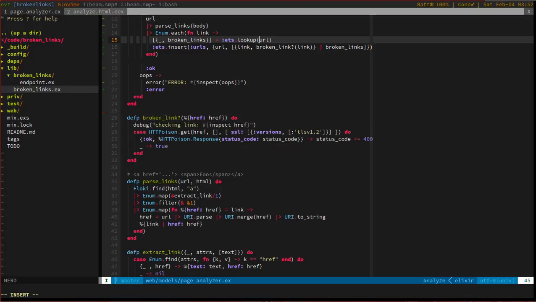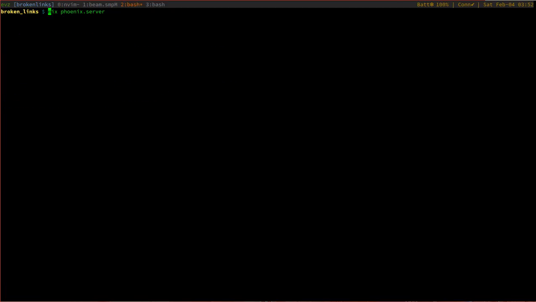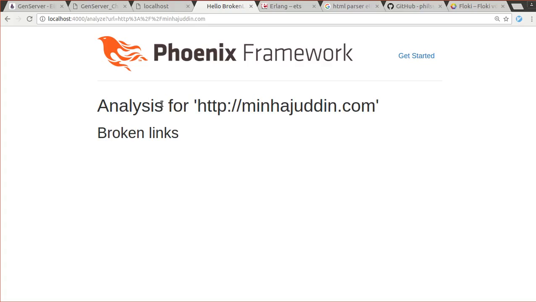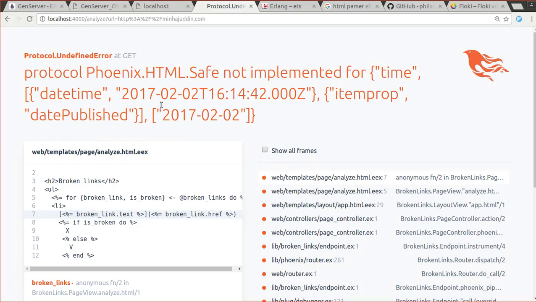Lookup. Yeah, we forgot the table name. So let's recompile this, restart this, and so now, if you see, so broken link.txt is